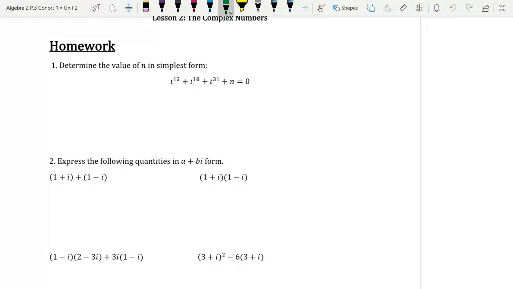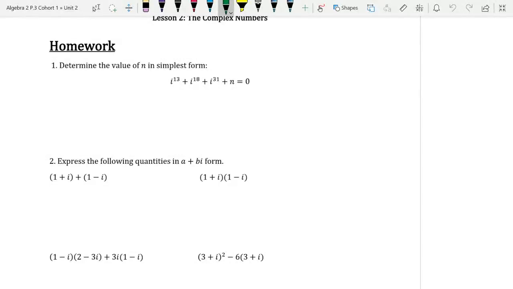In lesson number 2, we learned about complex numbers and how to evaluate them. I'm hoping that in class you had your calculator and were able to put it in A plus BI mode so that you can type some of this even in your calculator. I'll show you how to do that with a couple of these examples. The main thing about the calculator is don't get too attached to it, because you have to be able to